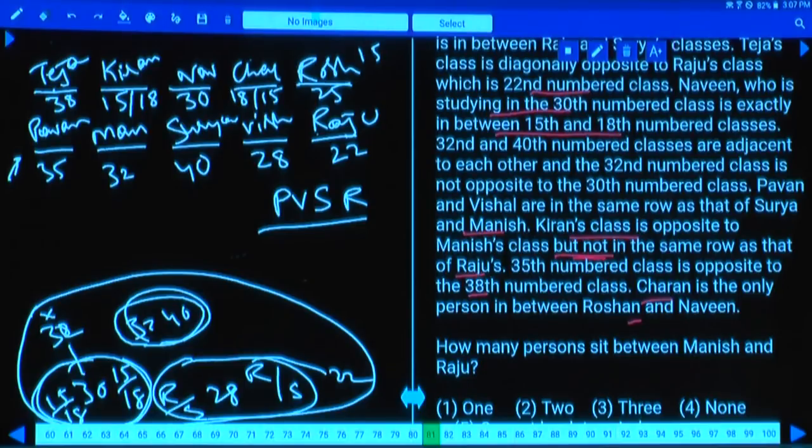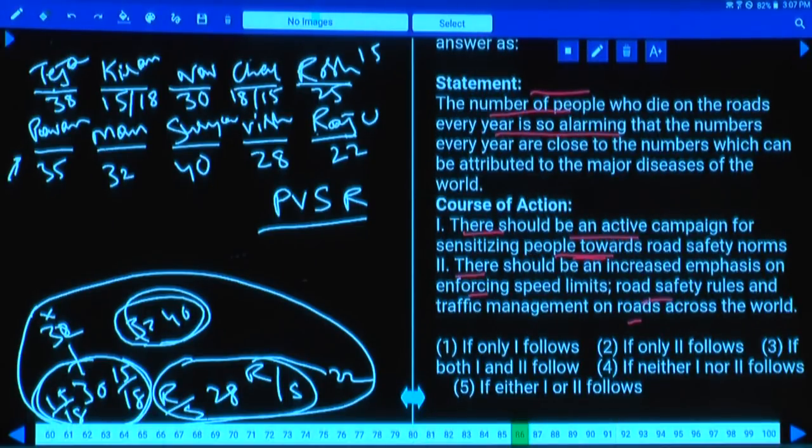Now question numbers 86 to 90, courses of action. The number of people who die on the roads every day. Now here, courses of action are very, very important to your examination, because the weightage of this one could be around